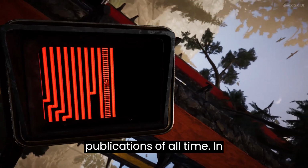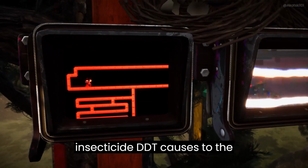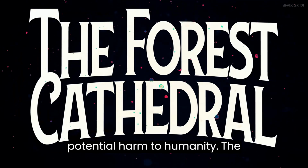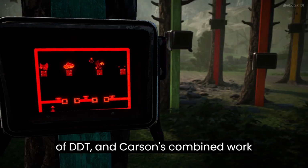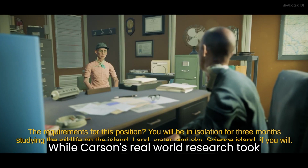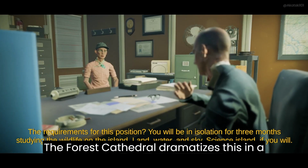all time. In it, Carson outlines the damage that the insecticide DDT causes to the environment, ecological webs, and the potential harm to humanity. The book changed public perception on the use of DDT, and Carson's combined work eventually sparked the creation of the US's EPA. While Carson's real-world research took more than 4 years to come to fruition, the Forest Cathedral dramatizes this in a